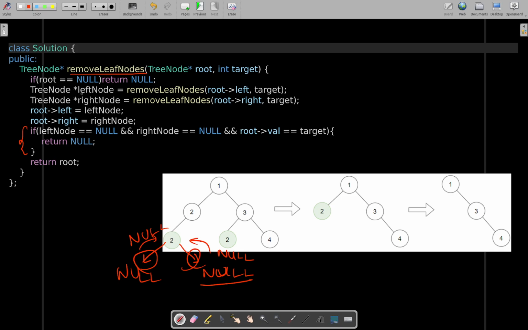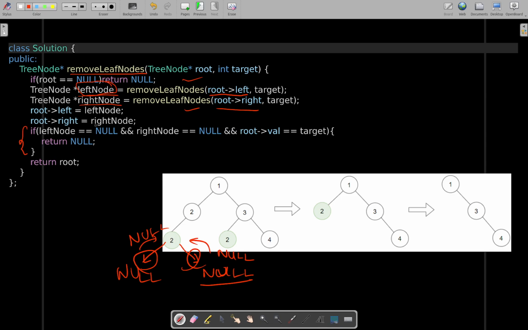Firstly we will make recursive calls for the left and right child of the current parent, or root you can say. So root's left child, root's right child, and recursive calls for both of them. They will return us the value or the reference of the nodes. Either it will be a null value or it will be some actual address of a node. So once we have those references of the left and right subtrees for the current node,